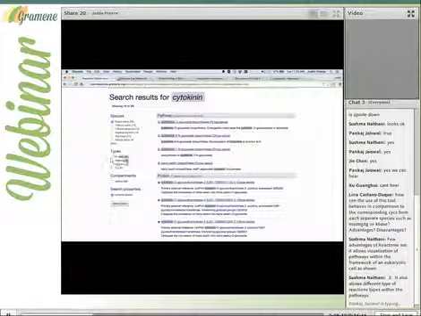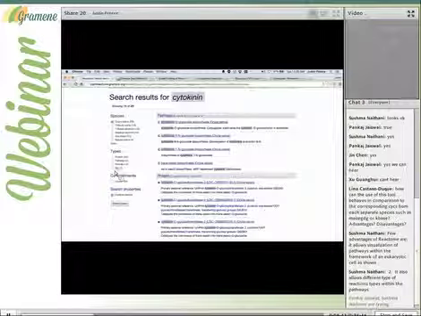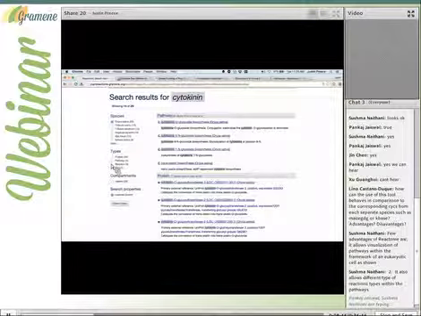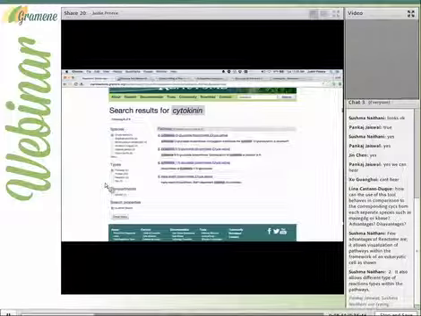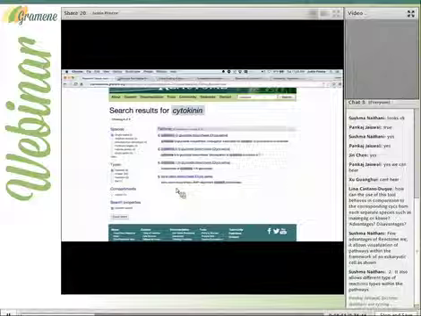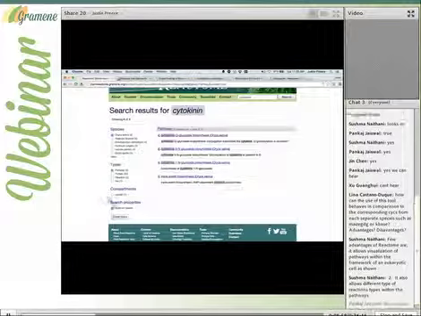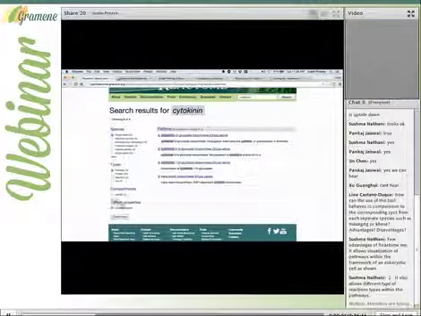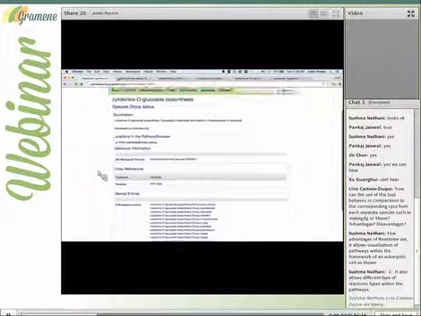I can filter by type. I can look just at protein, pathway, reaction or protein set lists. I'm going to look at pathways, for example. If I filter by pathway, now I'm looking at just search hits for cytokinin in pathways for rice. You can also further localize it to compartment if you want. So then I could select, for example, an entry in the pathways, and you get more detail about that rice